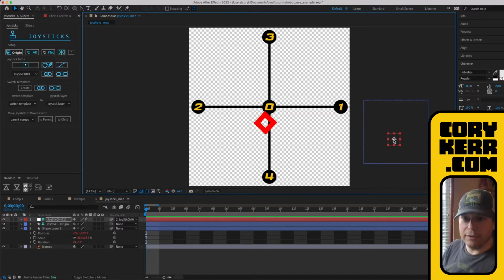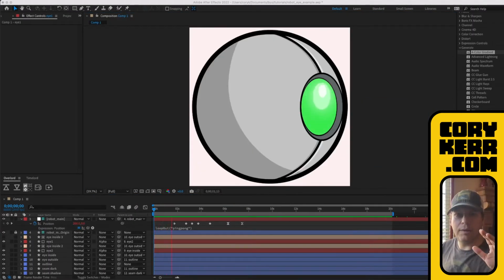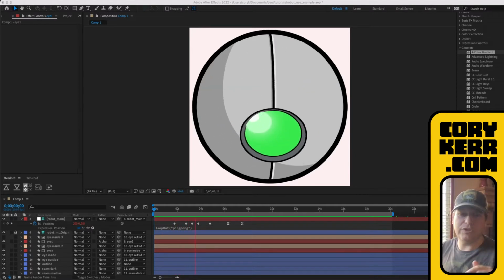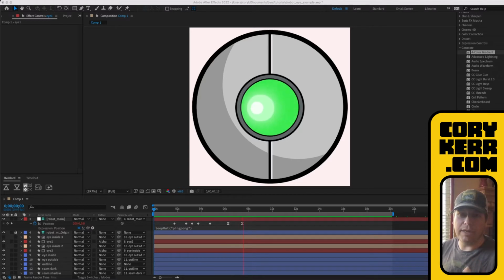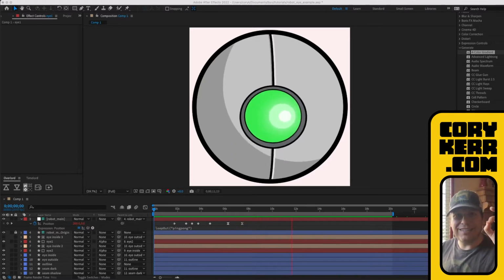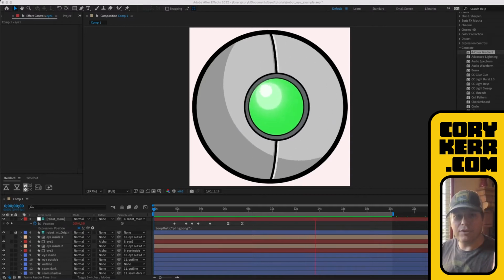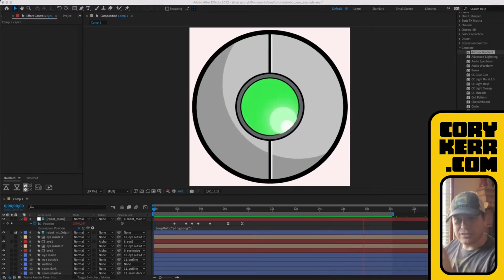Now let's get into some detail. Okay, I want to take you through how to do joysticks and sliders, which is a plugin that I use all the time in Adobe After Effects. Joysticks and sliders, what it does is it links up different keyframes, a bunch of different keyframes, to a joystick. And so you can see that this thing is kind of like turning.